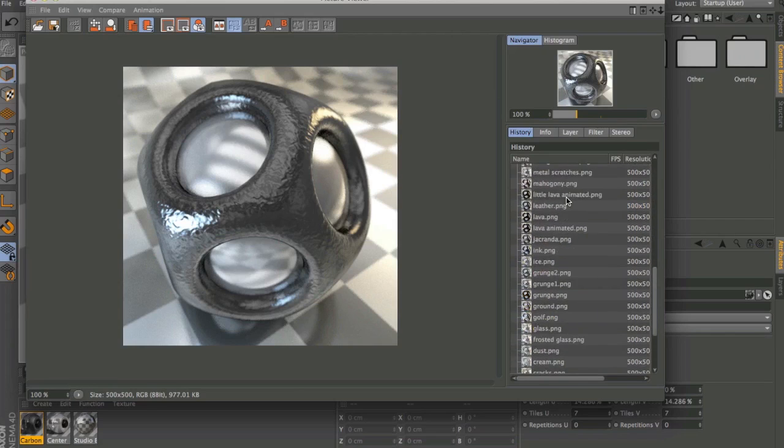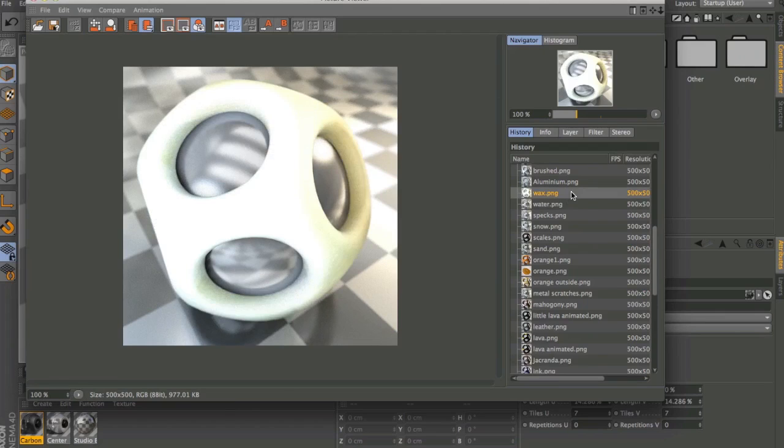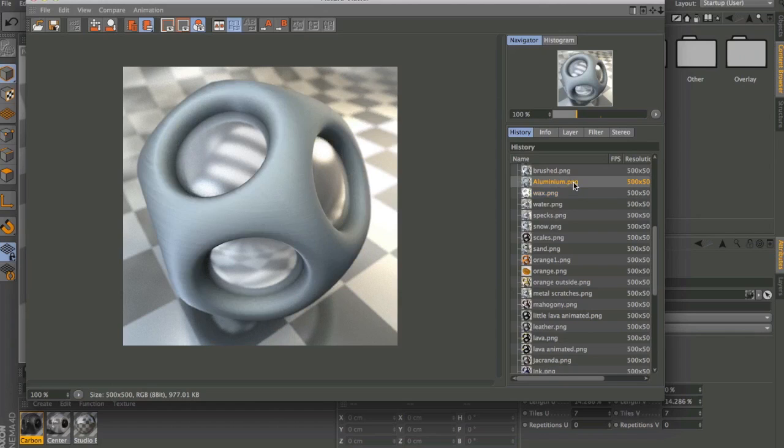You don't have to play with all the lights. Some you might have to tweak very slightly, but that's just because materials are affected by light in completely different ways. So as you can see, the wax one might look a bit blown out, but you can always just lower the lights down. And this is how wax looks in real life. It has subsurface scattering, and so it actually illuminates itself quite a lot with the light bouncing through it.